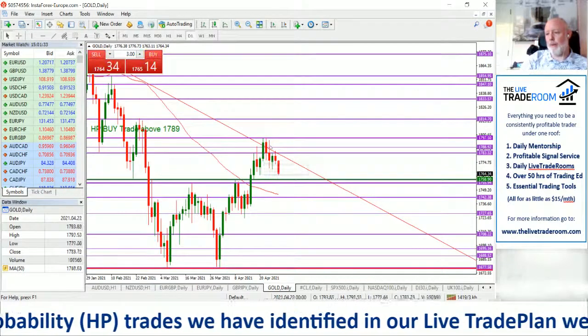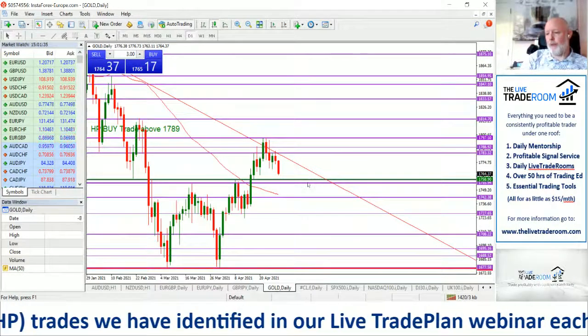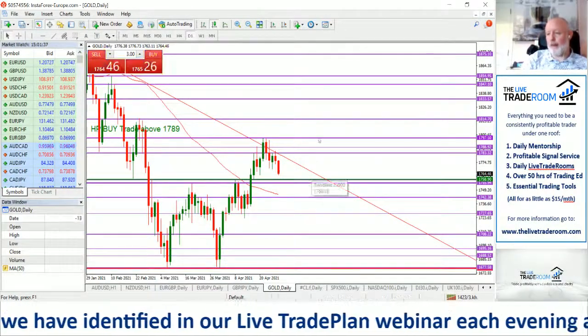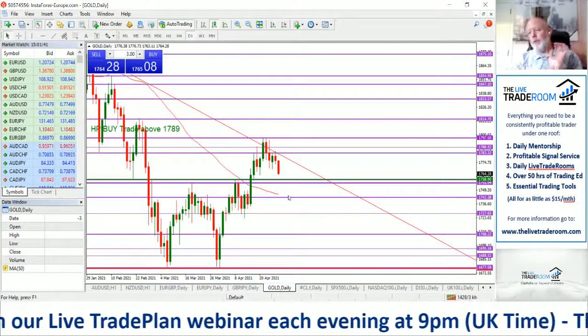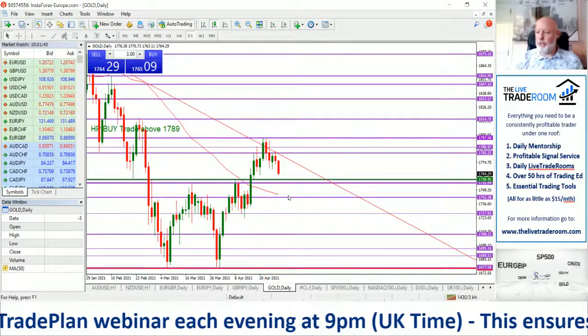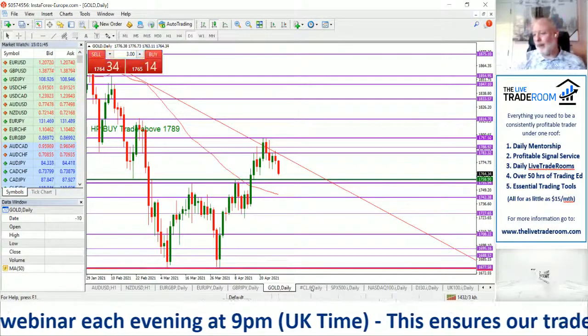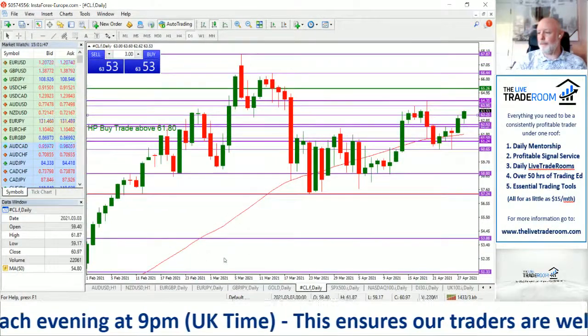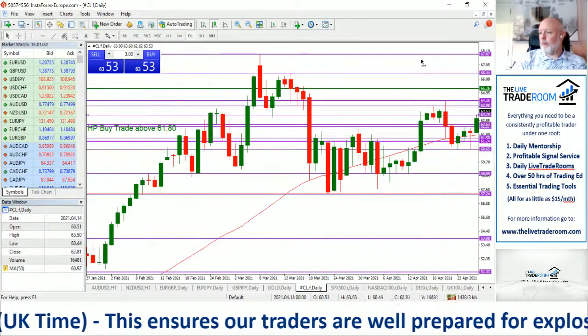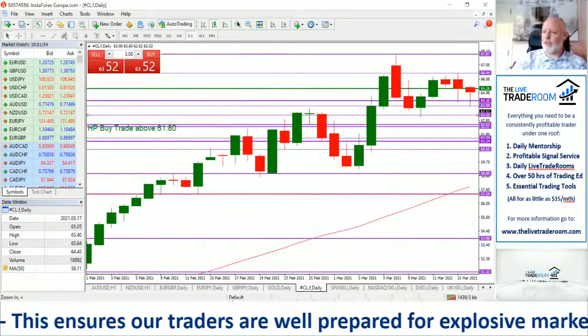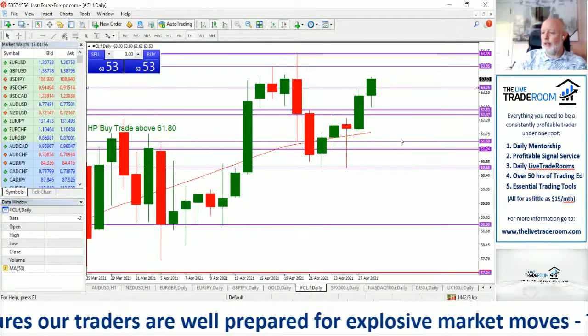So we're currently pulling back off the highs. Our bias is now clearly to the upside, so maybe around that 1758 level might give us a decent buying opportunity. Again, we probably just need to be a little bit patient with it. So crude oil to the upside is probably giving us the most coherent trade.